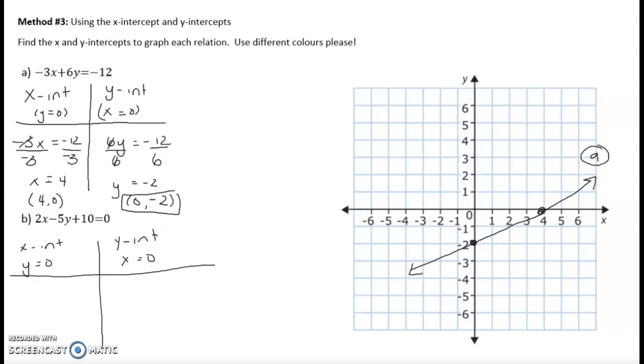Hey guys, sorry I got cut off on this last one, so we'll just do it together. It's the last one. So same thing here, y-intercept. Okay, so for the y-intercept